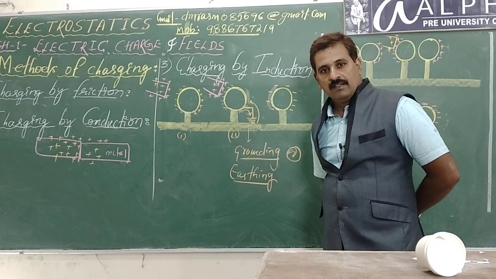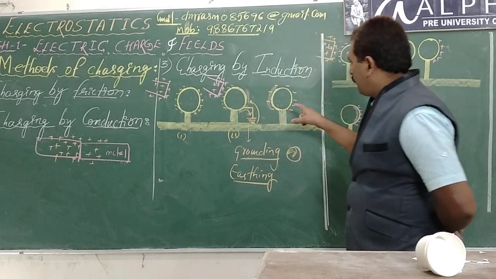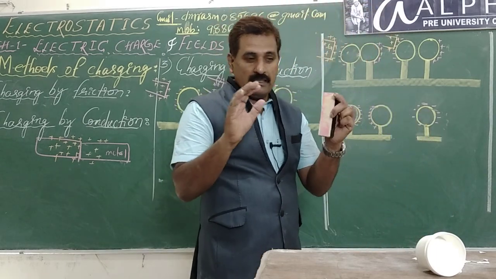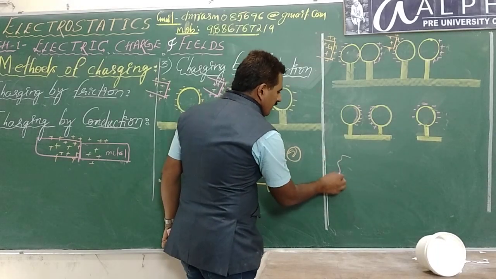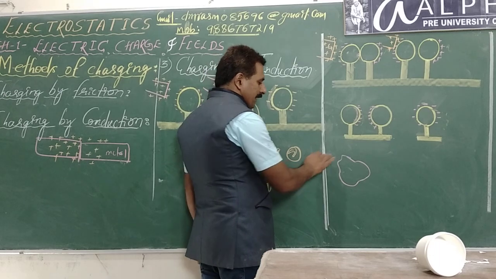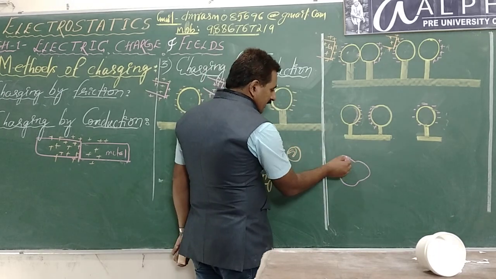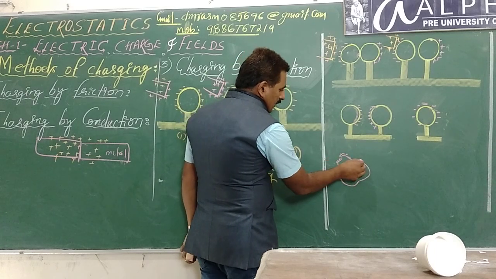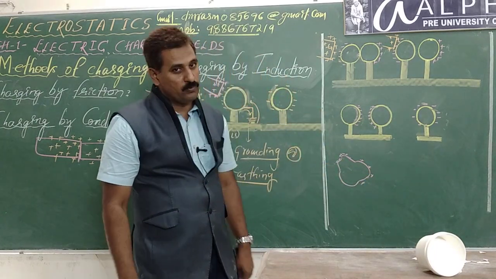Right? And one more point to remember. In this example, I have taken a sphere. A sphere has a uniform surface. Charges here are distributed all over the surface uniformly. If there is a sharp edged surface like this, what happens? You remember this point now. I will explain this in detail in coming classes. Here there is more accumulation at sharp edges. Here less charge. At sharp edges more charges will be accumulated.